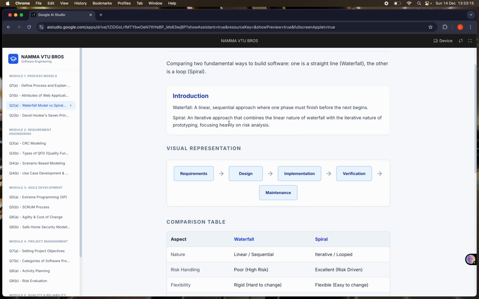Whereas spiral is an iterative approach that combines the linear nature of waterfall with the iterative nature of prototyping, focusing heavily on risk analysis. So spiral focuses on risk analysis. So why is this question asked mainly? Okay, the spiral model is an iterative and risk-driven model where development happens in loops called spirals. And these are the steps: requirements, design, implementation, verification or coding, and